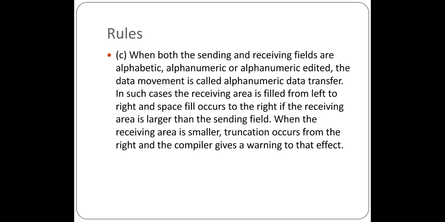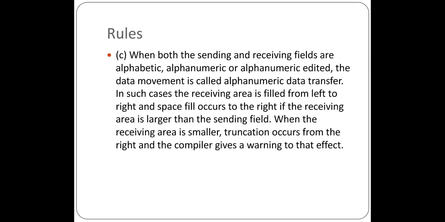When identifier 1, identifier 2 and identifier 3, and all these identifiers are alphabetic or alphanumeric, we call this type of transferring the alphabetic value or alphanumeric value from one identifier to many more identifiers an alphanumeric data transfer. So here we have some restrictions in passing the values from one identifier to another identifier. So the restrictions are,